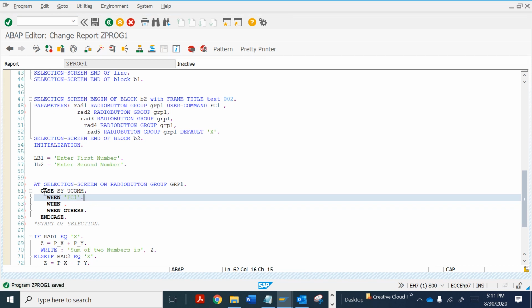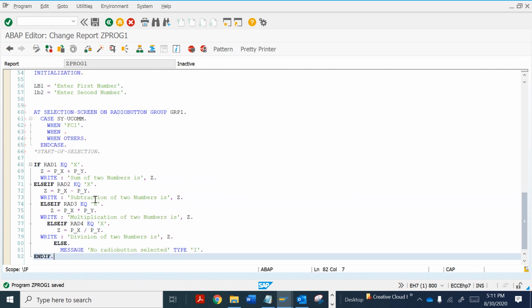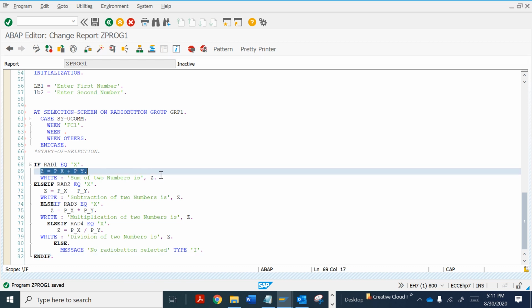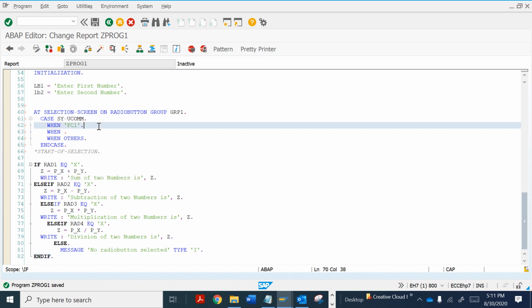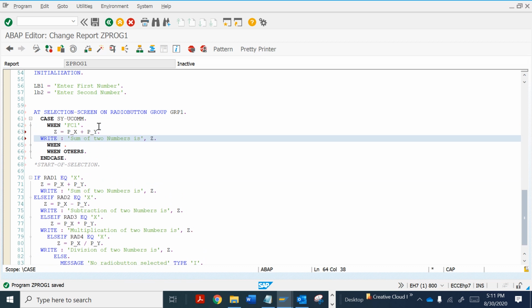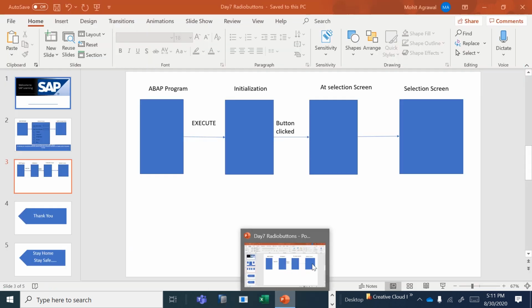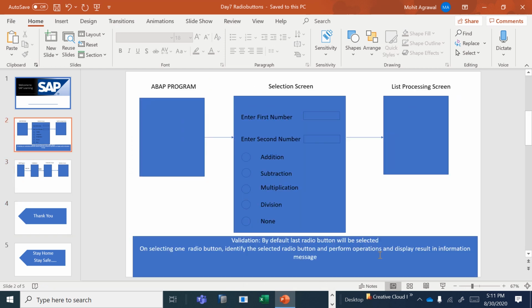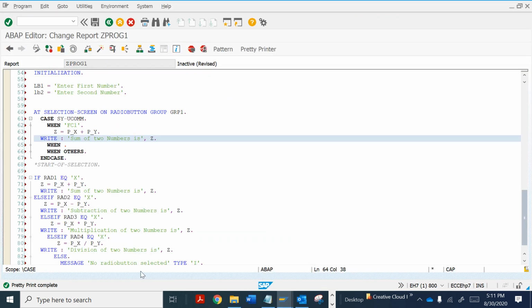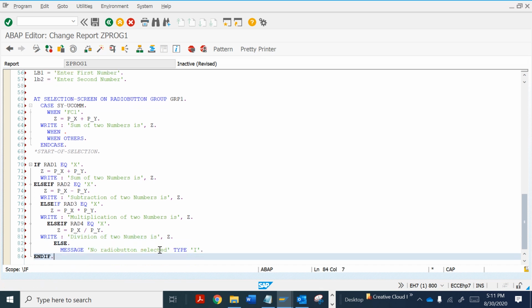Now if I select this first radio button, what do we want to do? The same thing we do in the other operation. Now in our requirement, we want to display it as an information message, same like we have done in our previous video.